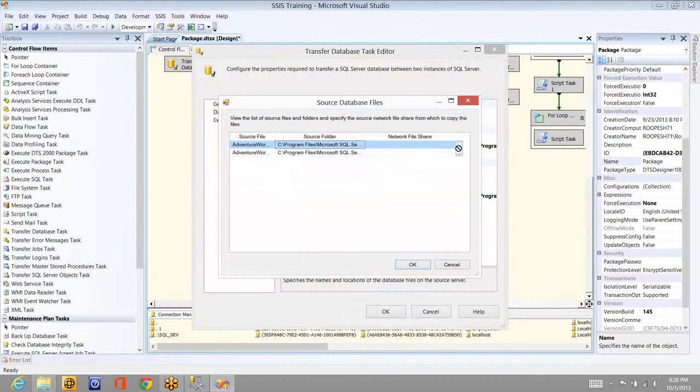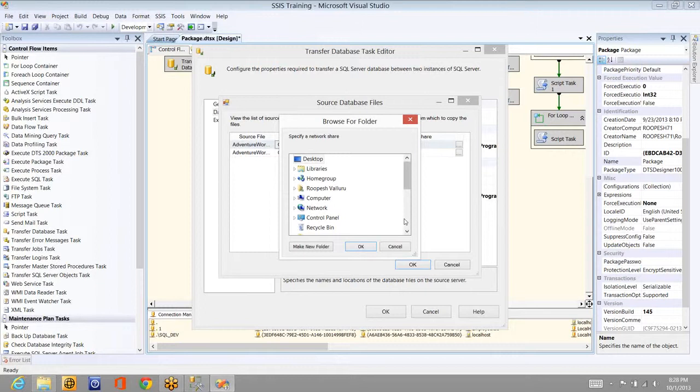This is the source. I'll point to the source. Okay, I have to point to the source files. So it is in, that is, MDF and LDF files here. Don't get worried. I have to go to C drive, Program Files, and go to SQL Server, and in that the source is the MS SQL Server instance.